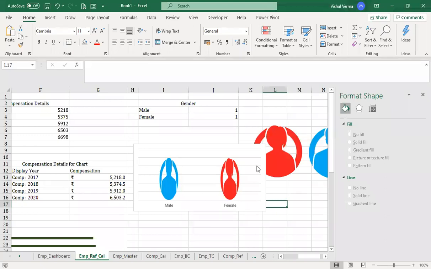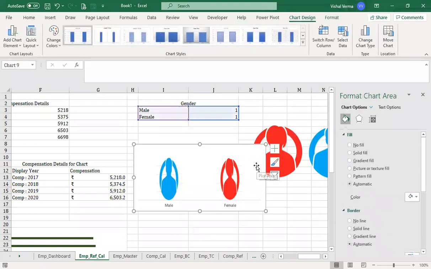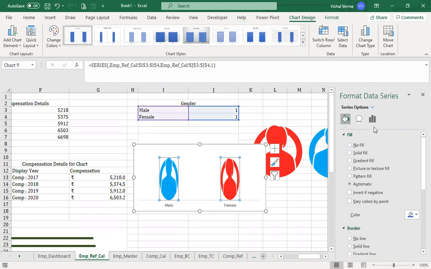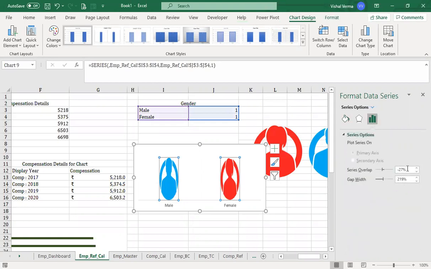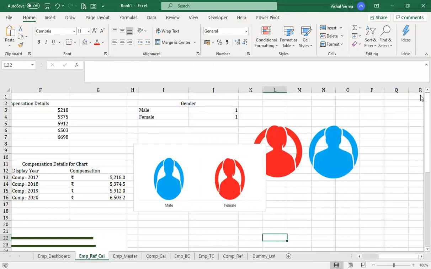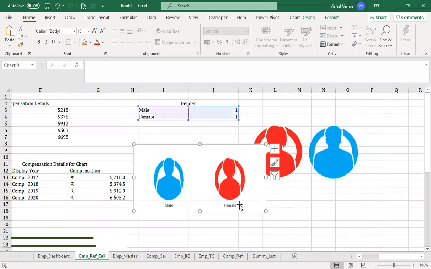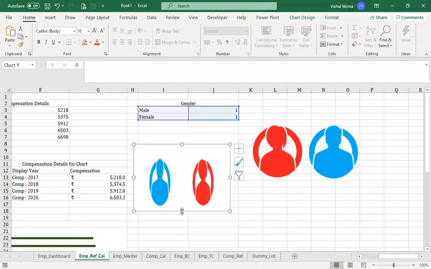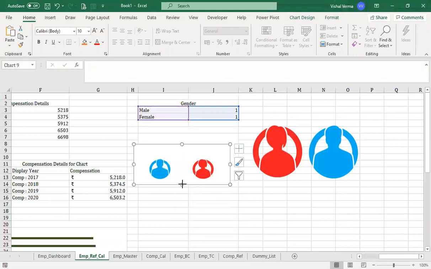Then we can remove these grid lines, not required. For this chart, we can just go here and make it 100%, and this will be 100 too. So it will be increasing its size, and the position will also be increased. Then we can close this, and we do not need male and female to be displayed here because it is already there, and we can just resize it according to our requirement.